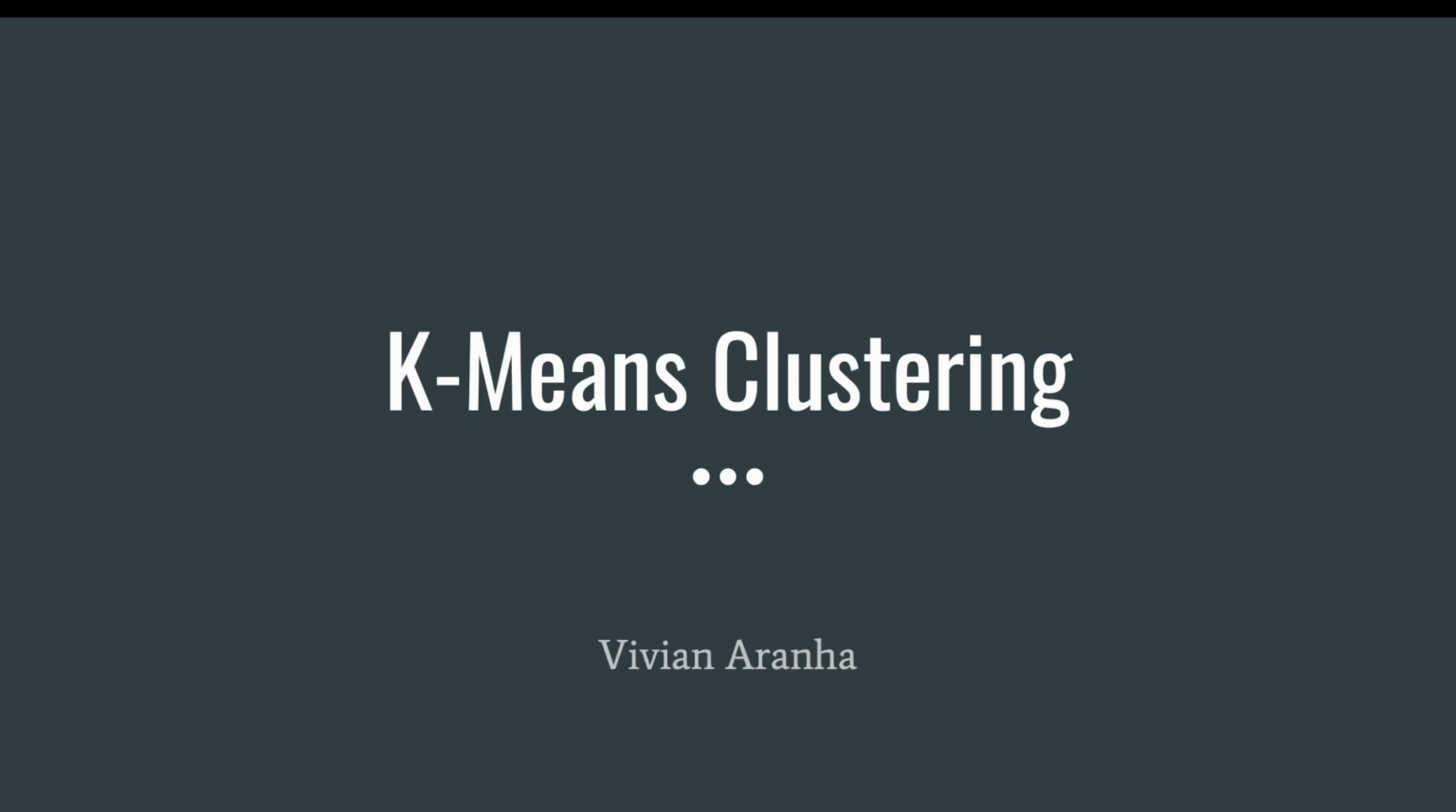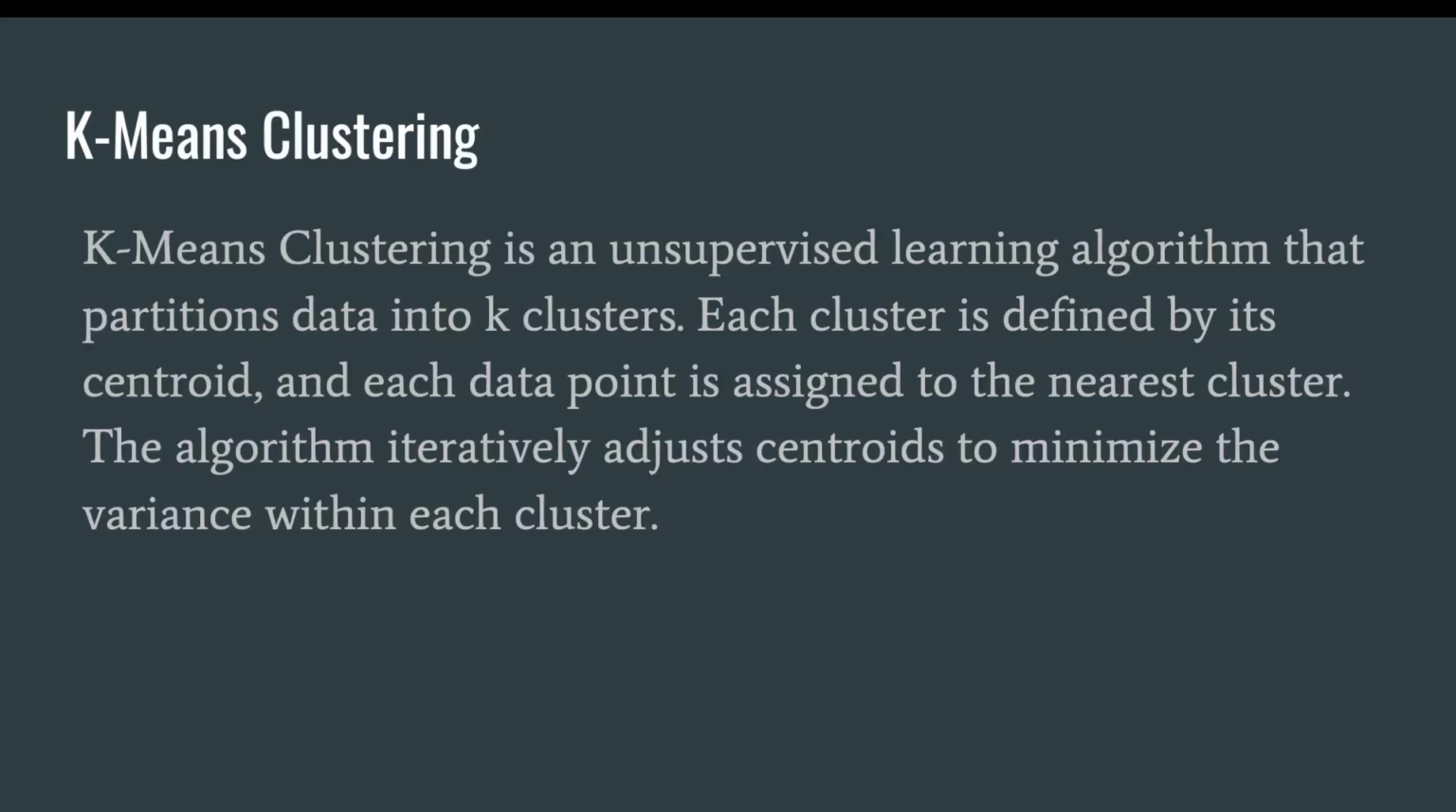K-means clustering. K-means clustering is an unsupervised learning algorithm that partitions data into K clusters. Each cluster is defined by its centroid, and each data point is assigned to the nearest cluster. The algorithm iteratively adjusts centroids to minimize the variance within each cluster. Let's jump into the implementation where we will write the code and explain line by line for implementing k-means clustering